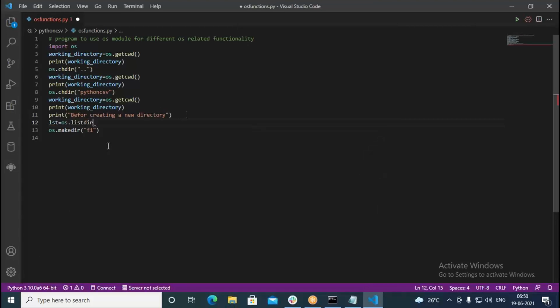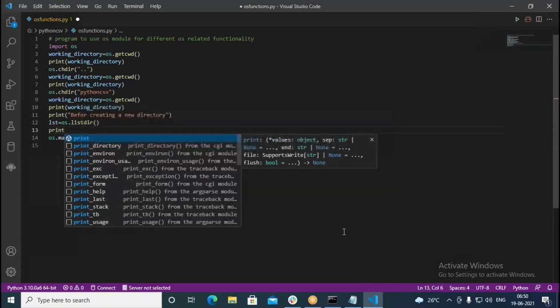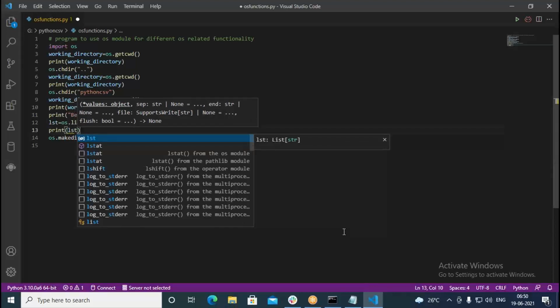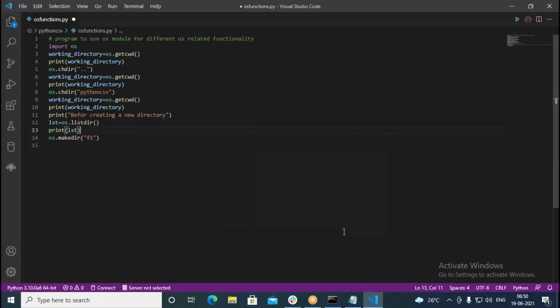I give this command. With the help of that, this can give all the files and directories. I say print followed by lst, so this can print a list of them.